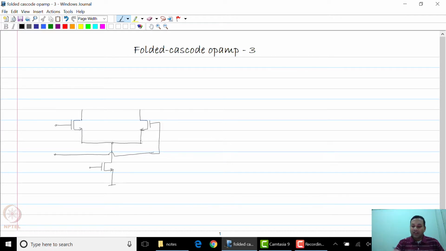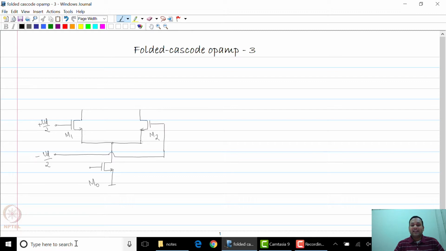So this is your NMOS differential pair. The inputs are plus Vd by 2 and minus Vd by 2, and you have a current source at the bottom, which is some current source, through some transistor M0, let us say, and the input transistors are M1 and